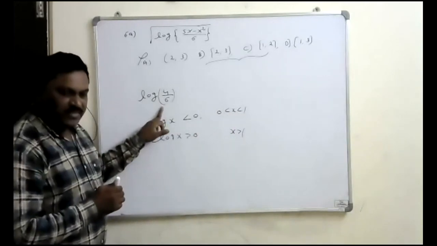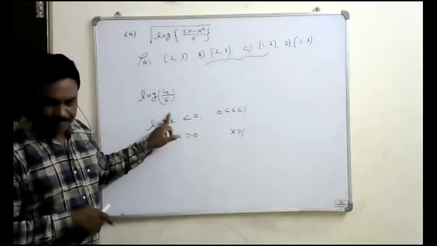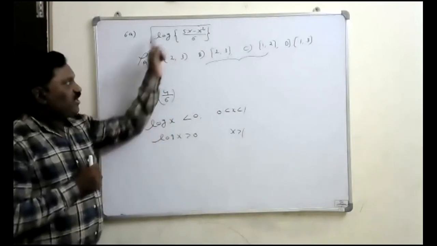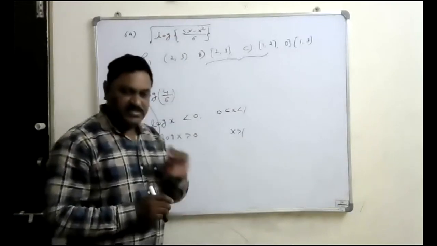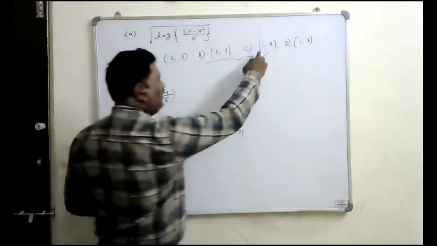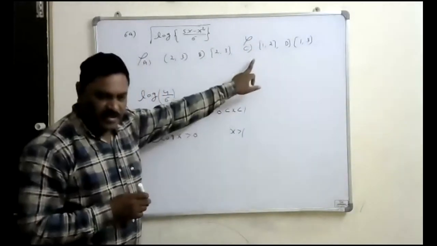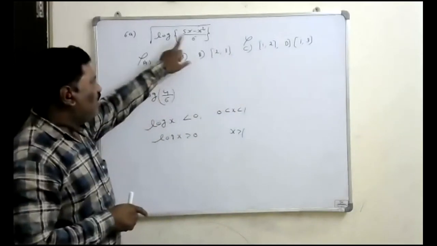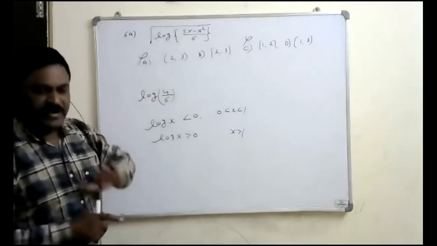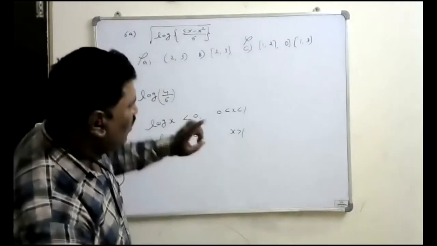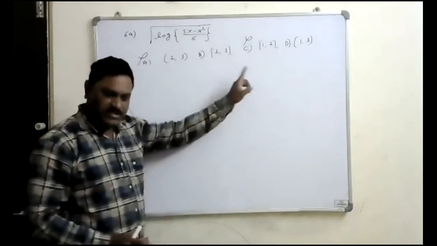4 by 6 means log is going to give a negative value, but can we take a negative value inside the root? No. We cannot take a negative value inside the root. It is not going to be defined. Means 1 we should not take, but 1 is there here. That's why this is not the answer. If I take x is equal to 1, I'm getting log of 4 by 6. Log 4 by 6 is going to give a negative, but inside a root we should never take a negative value. That's why 1 is not going to satisfy. That's why that is not the option. What of the second? I don't know. But this is not the answer.